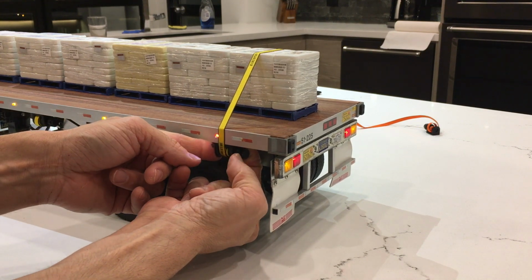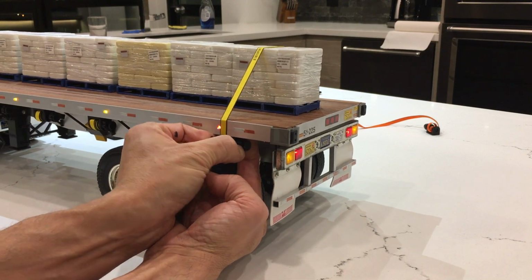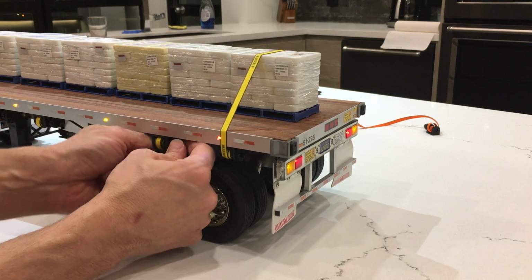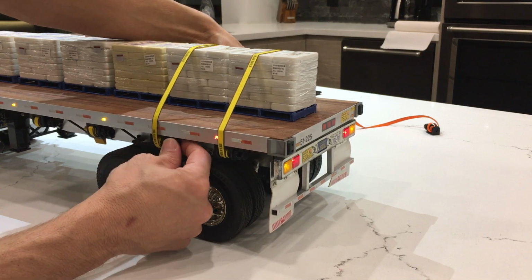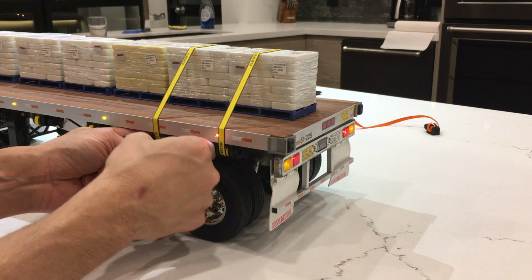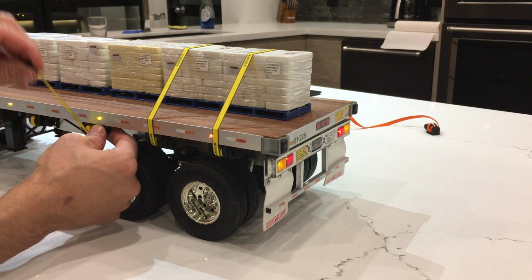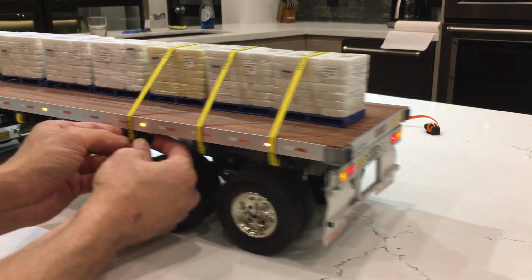And when you got it nice and tight, you try to push it in, and if it doesn't go in, you try to tighten it up a little bit more. And there it goes. So just pull the gear out, pull your strap out, tighten it up,